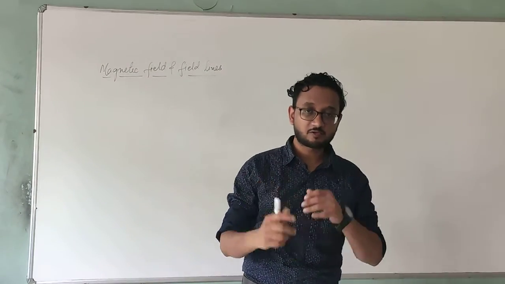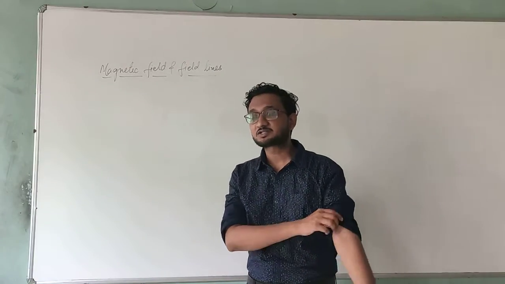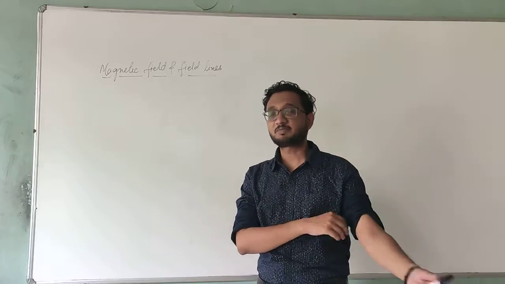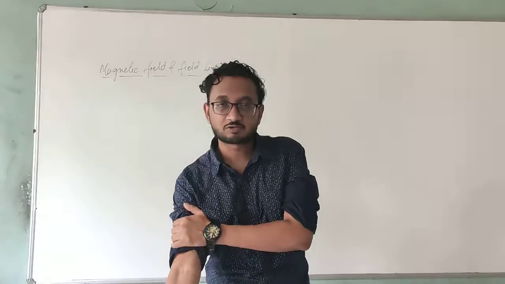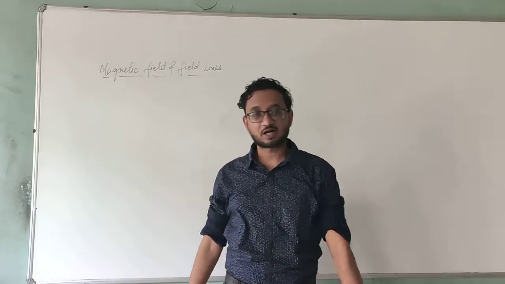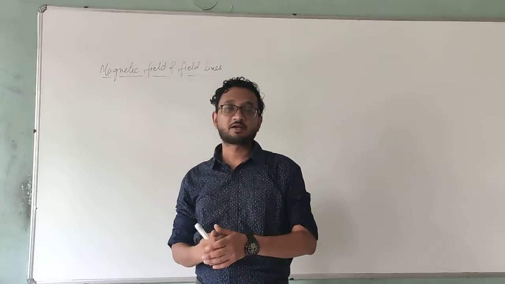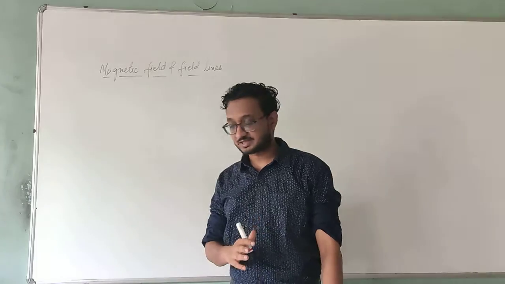So in the previous video we studied the introduction of magnetic field and field lines. We are studying in depth about the magnetic force. Up till now we were just knowing that a magnet has a north pole and a south pole, north and north repel, south and south repel. That means like poles repel each other and unlike poles attract each other. So this is what we were studying until now, the basics.